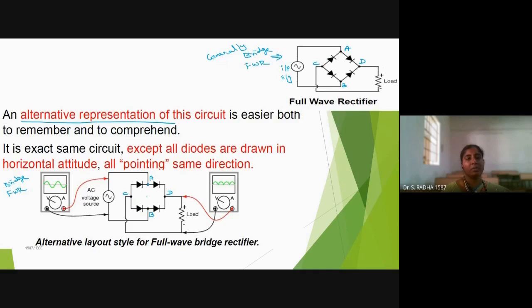So why am I showing this comparison? These two circuits are one and the same, because in the software we cannot place the components slanted like this. I am going with this alternate circuit. I will erase the letters, because they will just confuse us. Now this is about the alternate circuit.